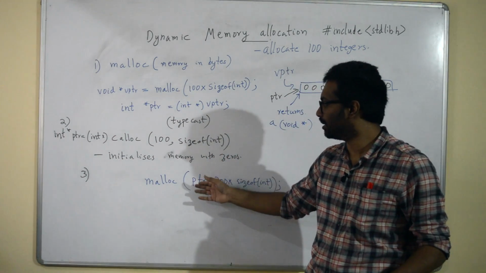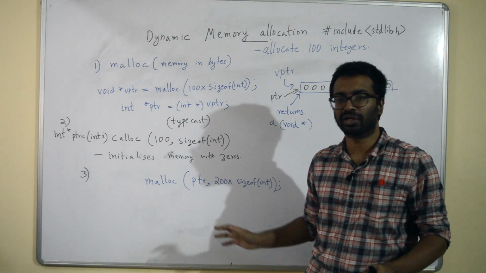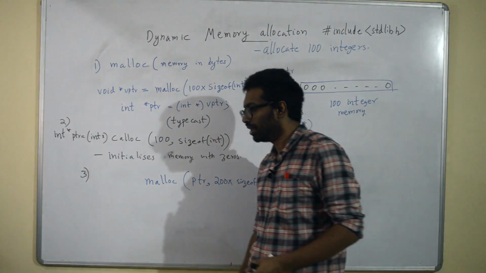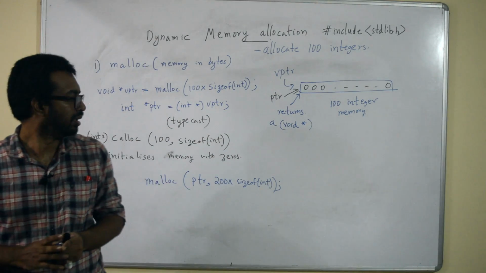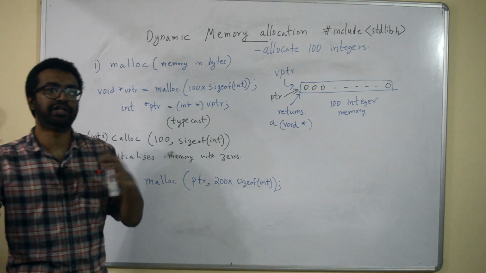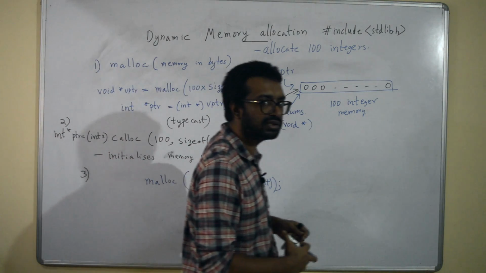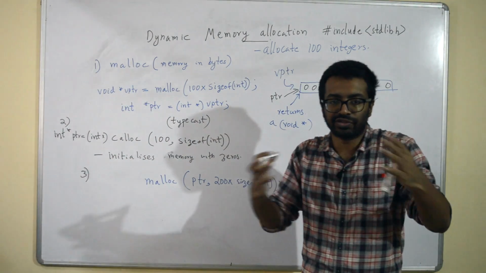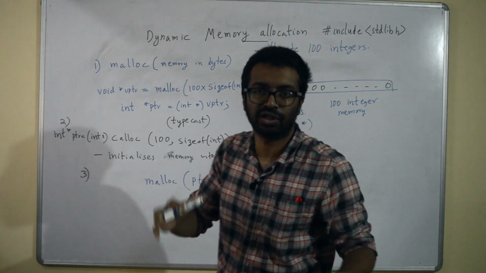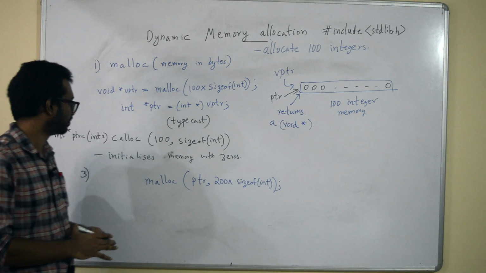Okay. So initially PTR had 100 integers, and that's now been removed and made into 200 integers. And what will this function return? This function will now return a different pointer, a different place, which consists of 200 integers. A location for 200 integers will now be returned to you.